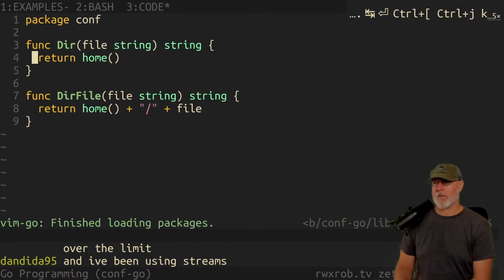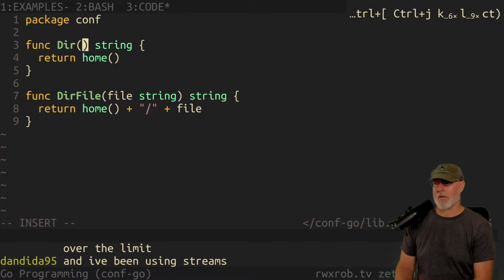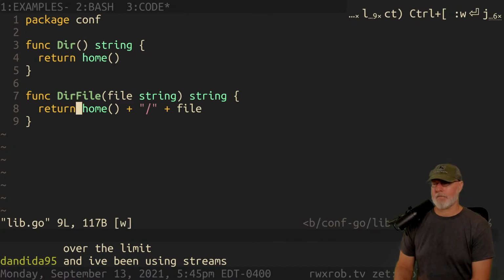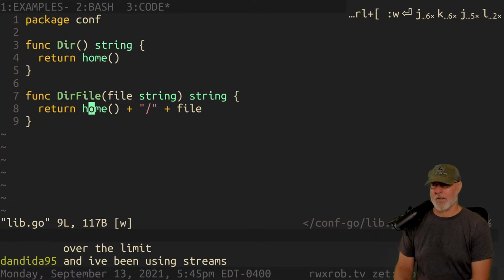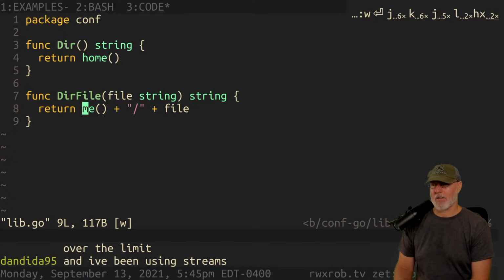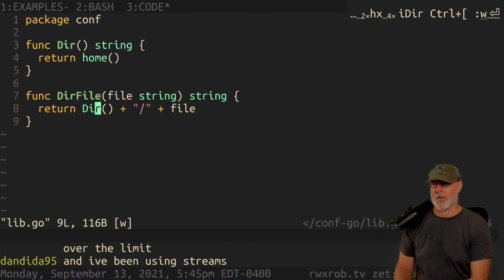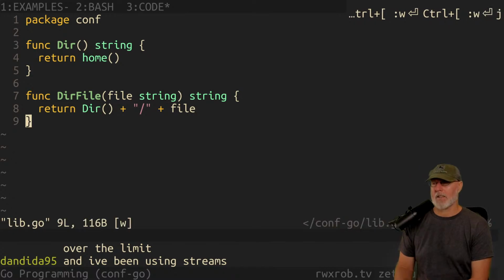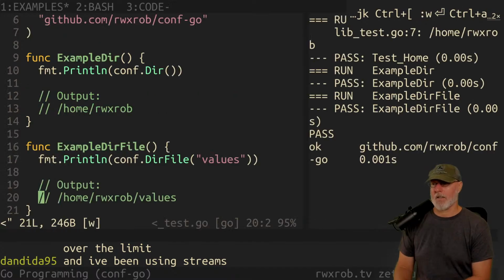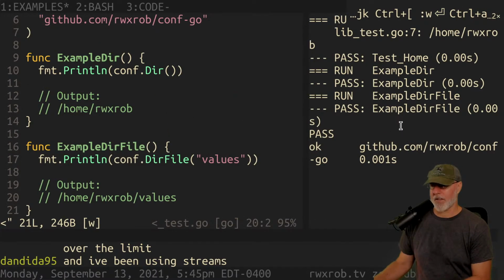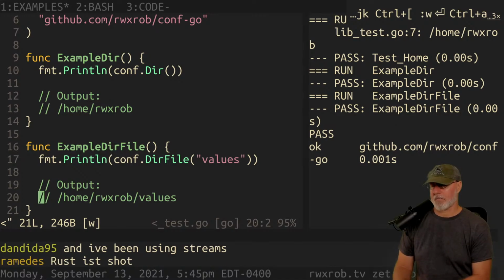So we got our 2 things. We don't need this anymore, right? Now, here's another thing we could do. Why do I have to use home here, right? I can actually do a recursive thing and I can say dir because it's all going to get compiled. Doesn't matter. It's not slower by any means. So I can do dir plus file, right? So now the only thing that uses home is this guy. And now how did that affect our examples? Ooh, hey, look, we're passing everything now. Nice. So we're passing all our examples.